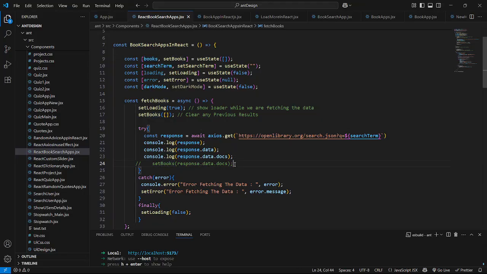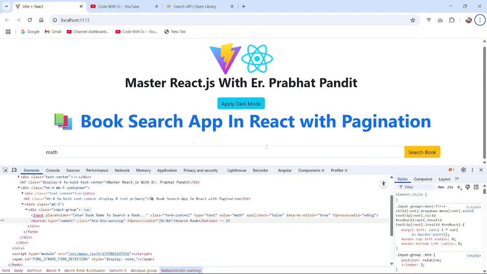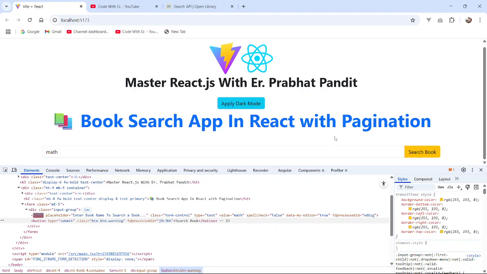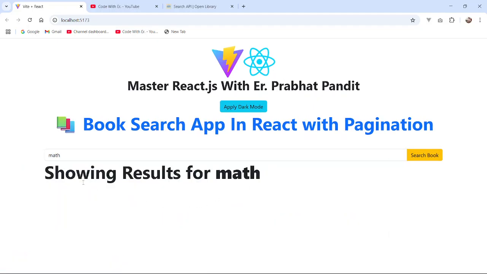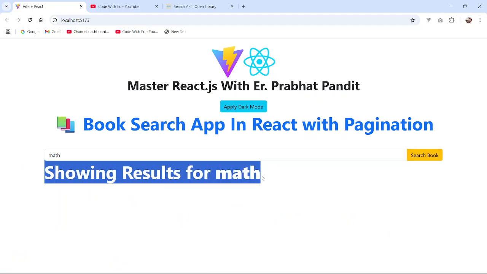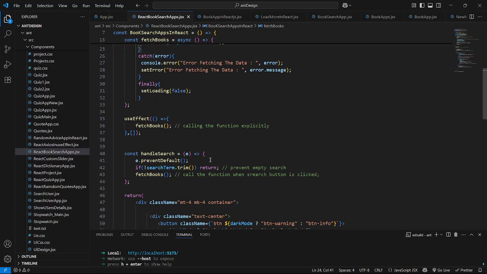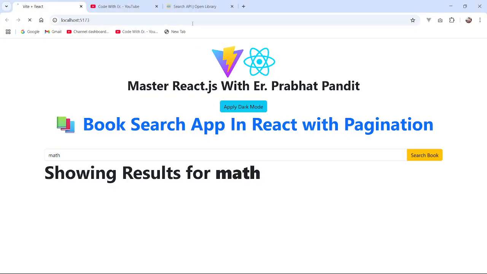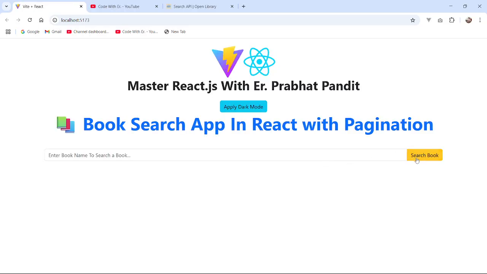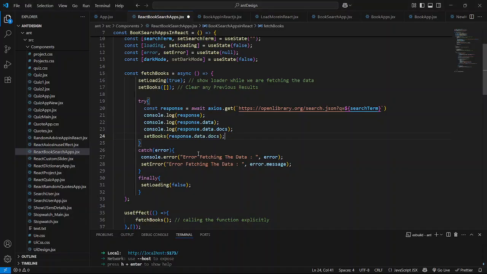So let me comment this out, save the file, have a look in the browser, and now we can search anything, and we will see here the result as well. So this code was commented, so let's comment it one more time, and try to search it one more time. We won't be able to see anything here. Let's comment this out,